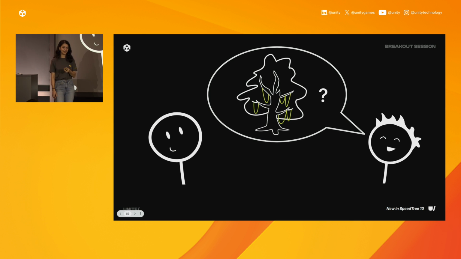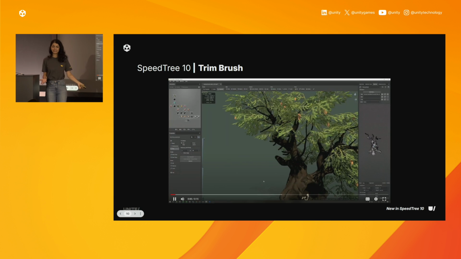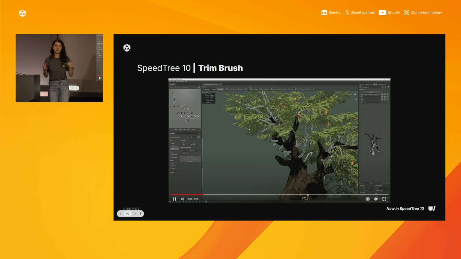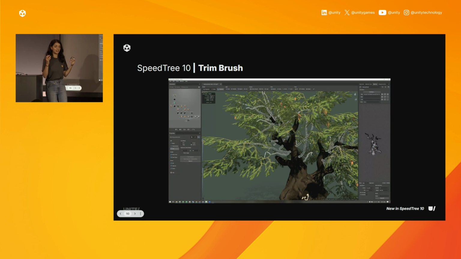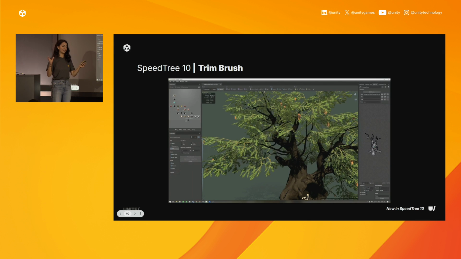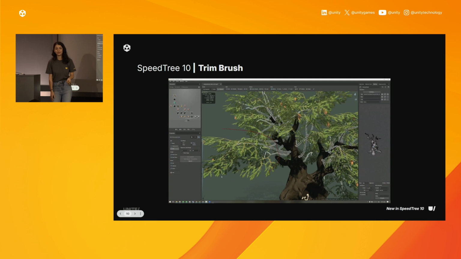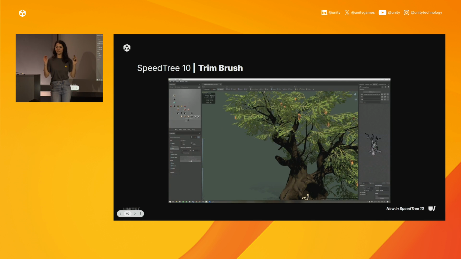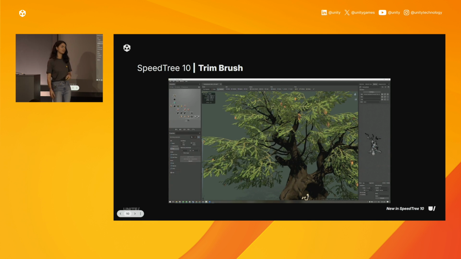Well, I hope you guys have been listening, because remember, don't sweat through your shirt, because SpeedTree is non-destructive. So even if you've saved out your file, you're coming back months later, you can untrim all those branches and get all of your original work back.